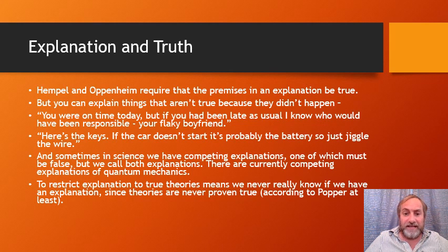So this idea that Hempel and Oppenheim have, that you have to require the premise of the explanation to be true, like known to be true, seems too strong, right? Because in the end, we never know at a given time whether our theories are true or not, because it has happened all through history. Everyone believes a theory, and then it turns out it's false. So that would mean that we never actually have explanations, or never know if we have one, right? Since remember Popper, right? Theories are never proven true; they're only corroborated.